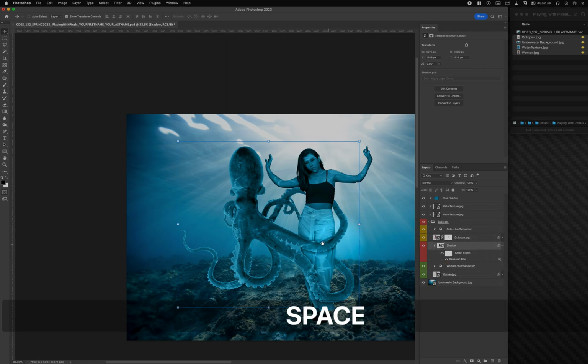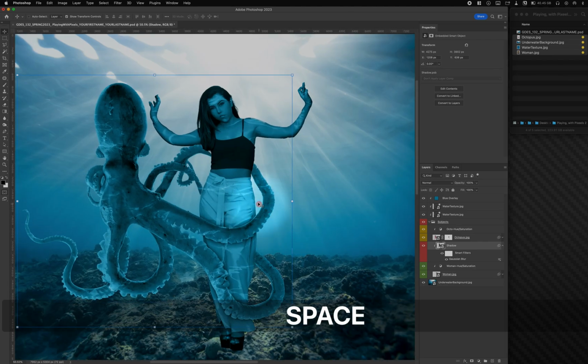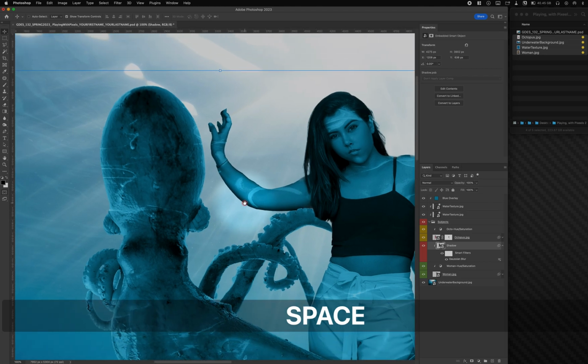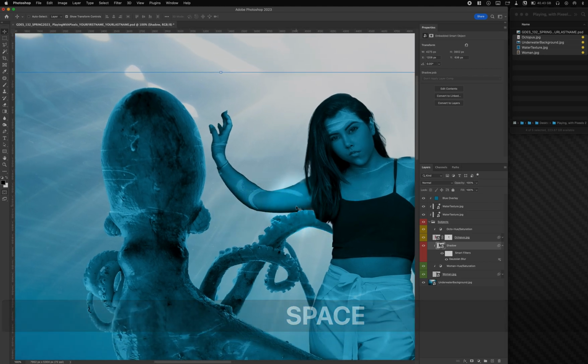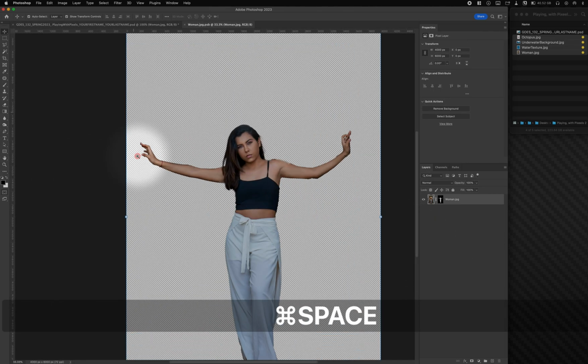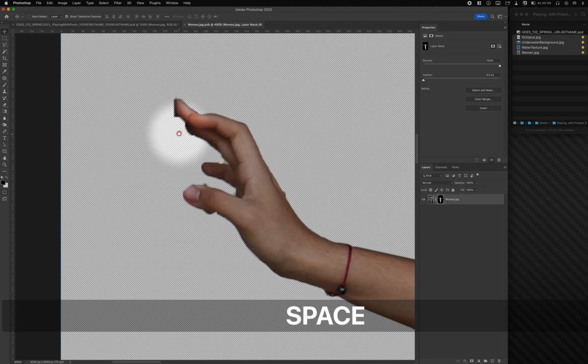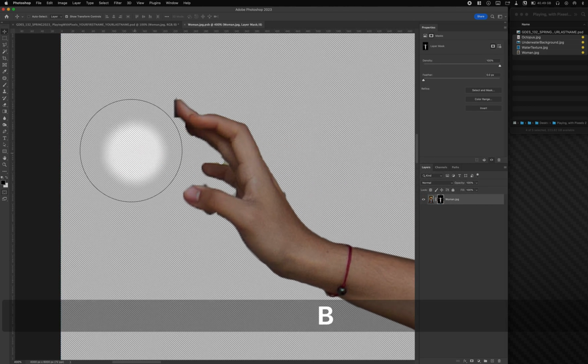There it is. Again, this is nice because I've made all of these decisions and I've gone in, but I can still go in and refine things. If I see something's wrong with her hand, I can go back and fix this. I can go back in and double click on this smart object. I can go back in, look at what that mask looks like. If I want to refine this,